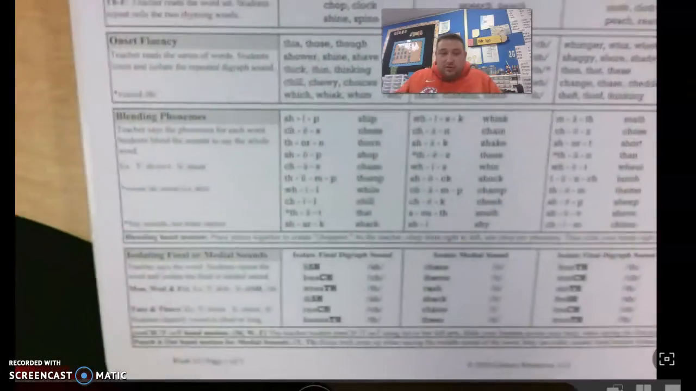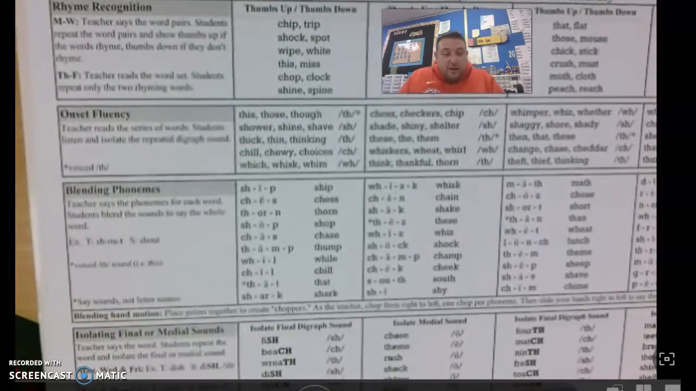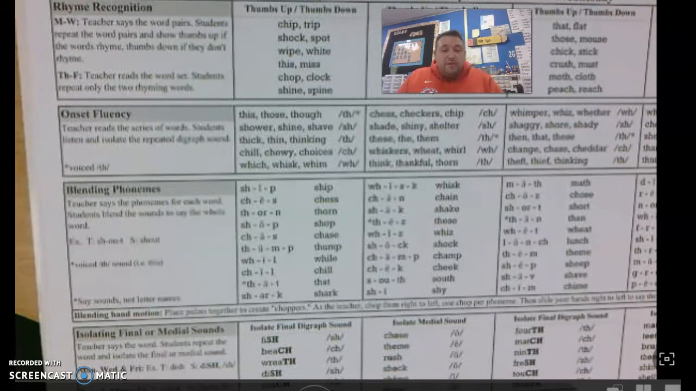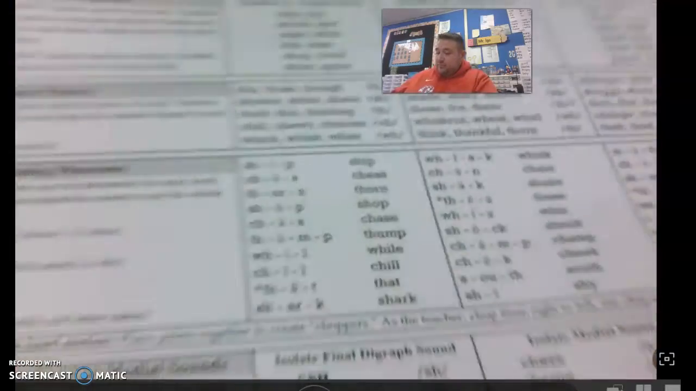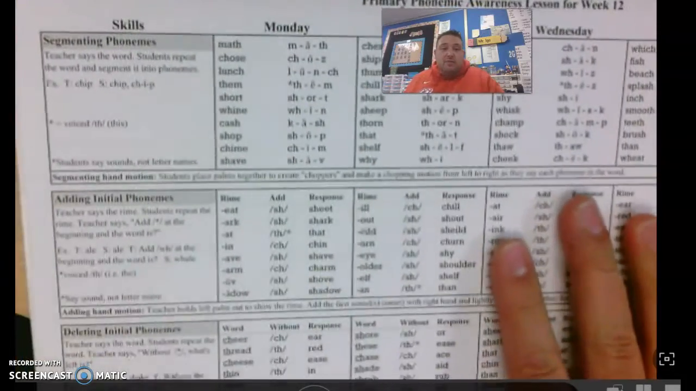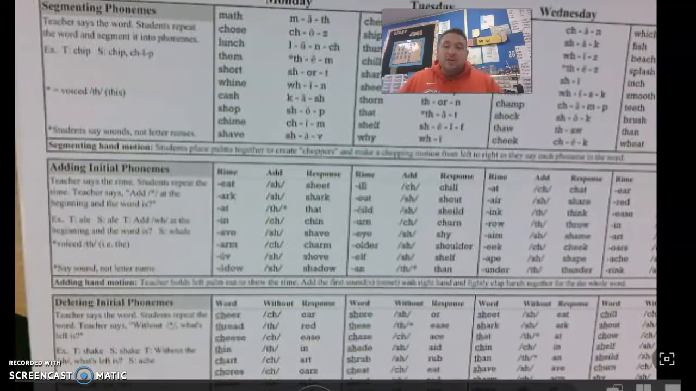On the last one, we're going to identify the digraph. So they'll say the word fish, and you have to say sh. They'll say the word beach, and you have to say ch. Next up, it is your turn to chop. So they will say the word math, and you will say